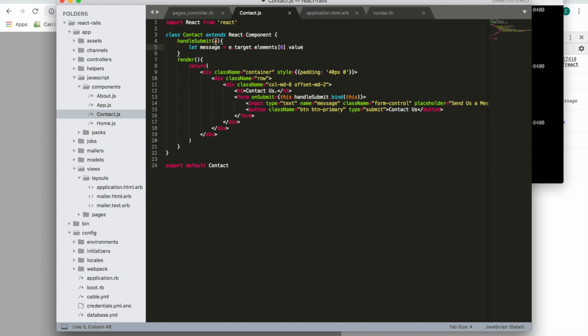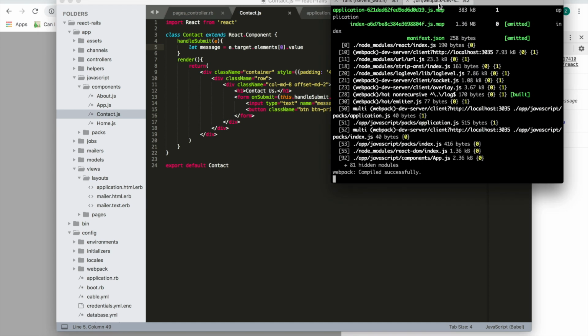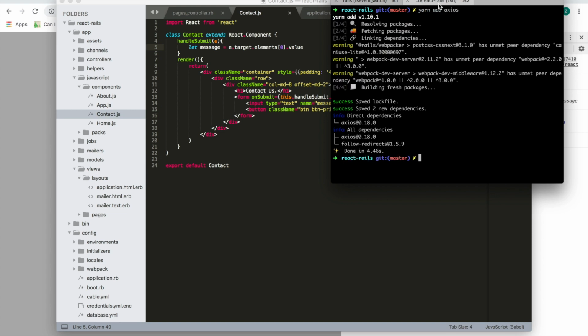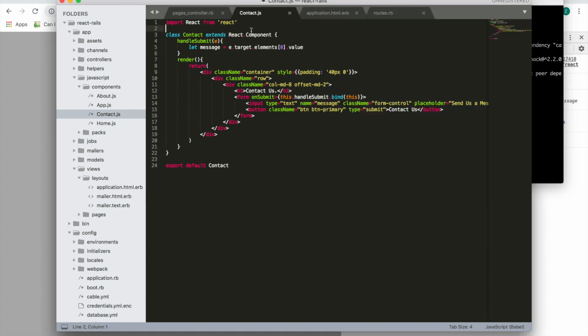So we're going to actually now post that in a request to our backend Rails portion of the app. There's a tool that we can use to help us with this, and it's called Axios. So I'm actually just going to yarn add axios really quick. And basically with Axios, we can do things really similar to jQuery. If you're familiar with jQuery.post, jQuery.get, jQuery.ajax, that sort of syntax, you can do really similar things with Axios. So with that set, I'm going to import axios